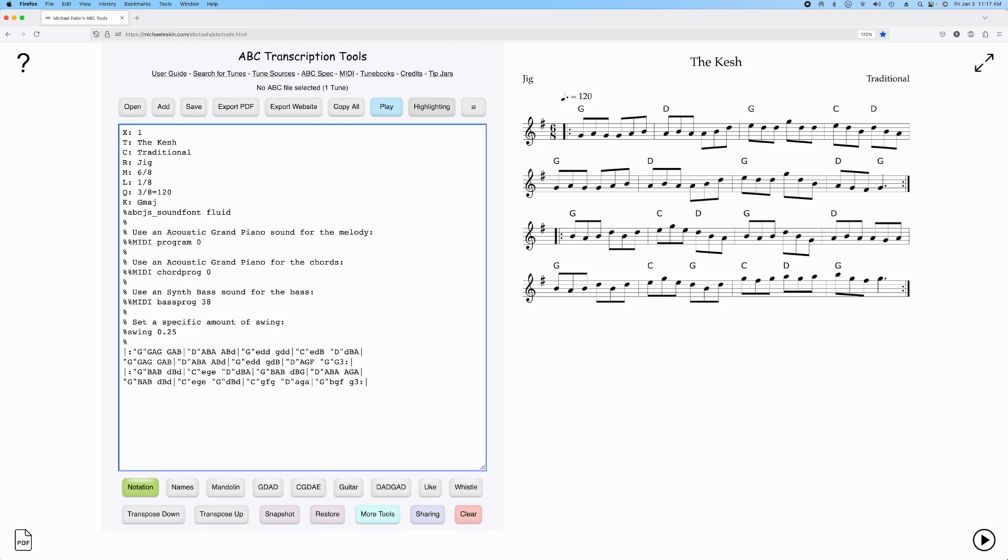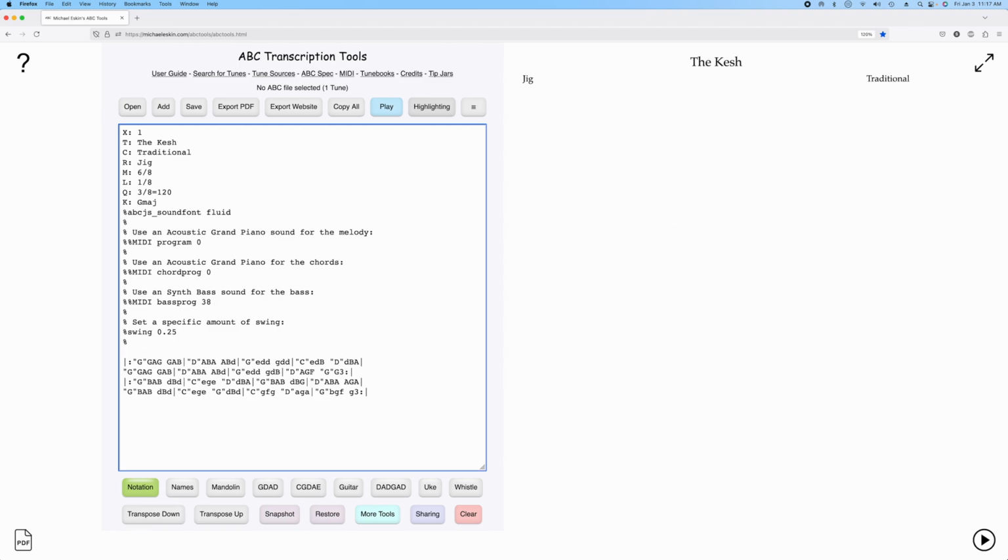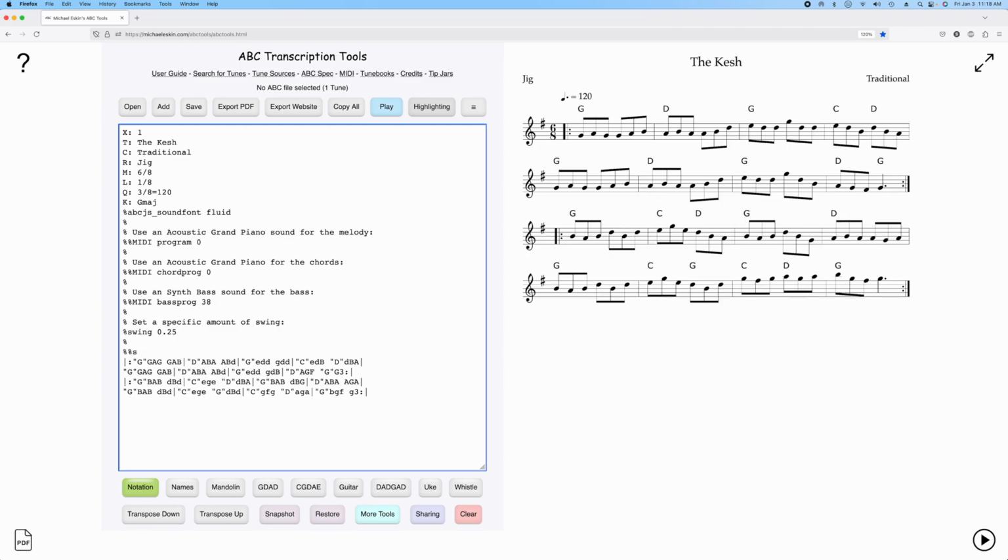One of the most common questions I get is how to scale the notation to, let's say, make it less tall so that you could fit a very tall tune with a lot of staffs on a single page. And this can be done using standard ABC annotations. Now, the most common thing people will try, and then they'll usually tell me it doesn't work because, well, it doesn't work, is just using the scale annotation. It doesn't work in abcjs with the way that I'm using abcjs,